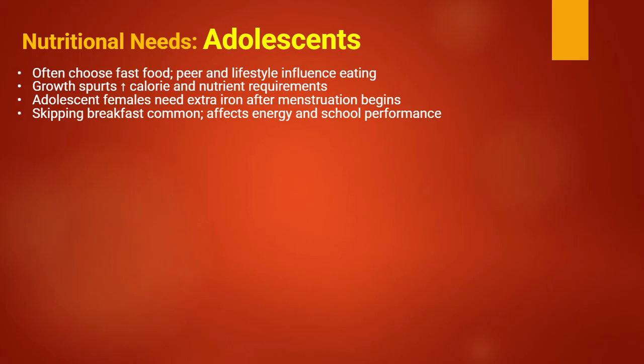During a growth spurt, the body's energy needs rise significantly, and without proper nutrients, teens may meet calorie needs but miss important vitamins and minerals. Adolescent females are especially at risk for iron deficiency once menstruation begins. Iron-rich foods such as lean meats, beans, and fortified cereals are important to prevent anemia, which can cause fatigue and